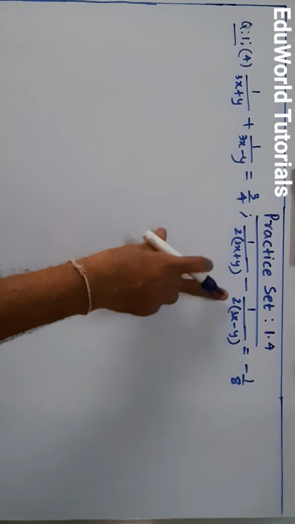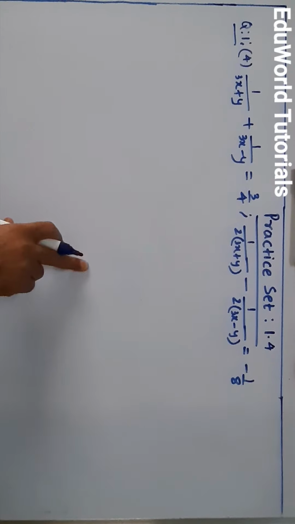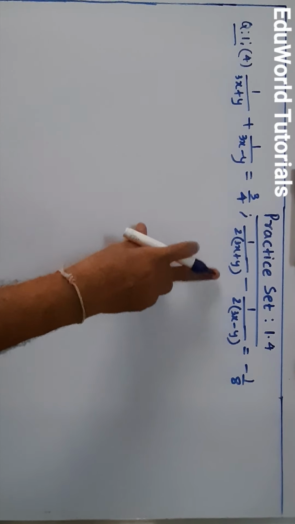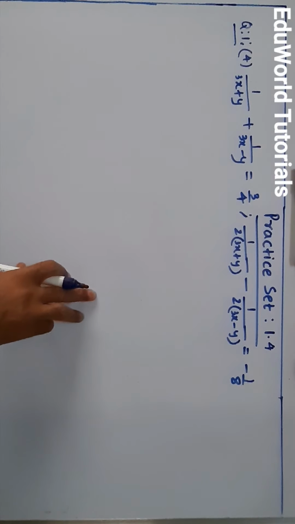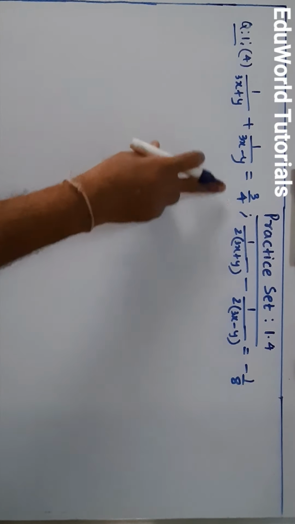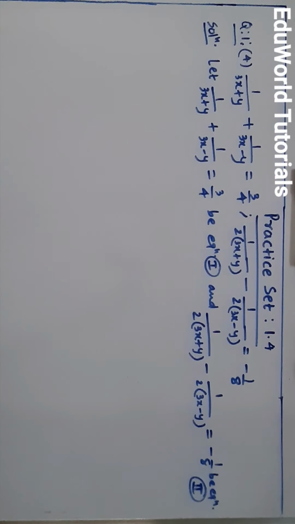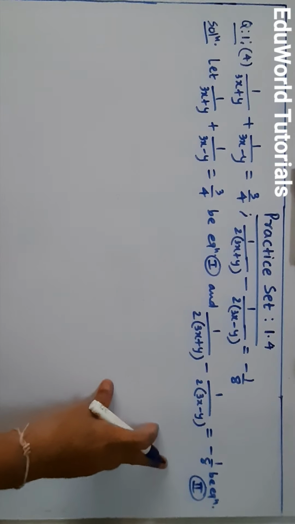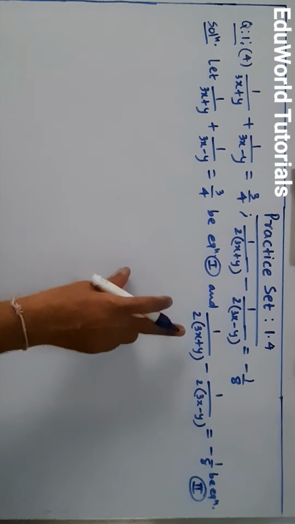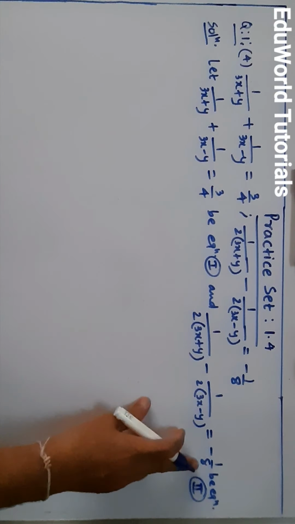But what about this 2 and 2? I think this 2 must have caused some problem. But it is easy. First we should see how these 2s get eliminated. As per our regular method, first we will number the equations using Roman numerals. So let me number them. I have numbered the equations first and second. Now we assume, okay. But before we assume, let us try to eliminate these 2s.